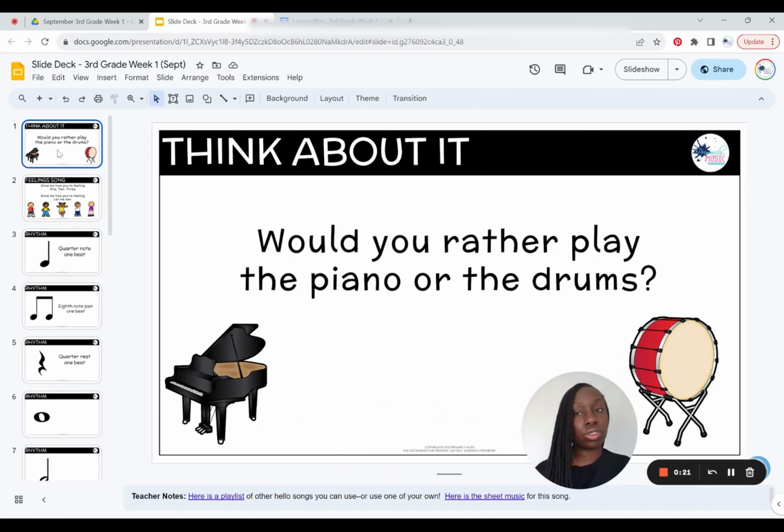So third grade is when I no longer do hello songs and I now do an icebreaker activity. I know not everybody likes the word icebreaker, but essentially that's what it is. Whether it's a would you rather, this or that, something of that nature that breaks the ice and gets students talking or interacting, whether it's verbally or non-verbally.